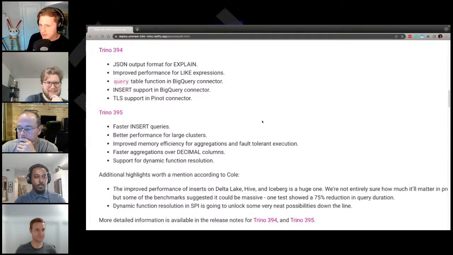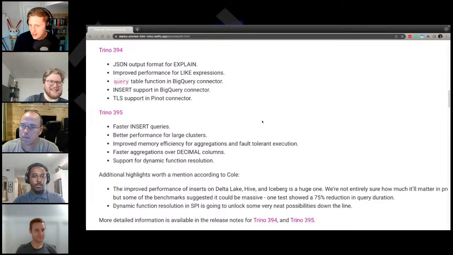So dynamic function resolution, you can kind of register a query at runtime or something like that. Is that what that's saying? Yeah, I think it's that the plugin can handle and resolve functions that it wants to implement within the query. Gotcha. So you can do new functions from a plugin. This is actually the core support for it, and we haven't really had any connectors take advantage of this yet. It's just that it's now possible to do this in your plugins, and now let's see what we do.